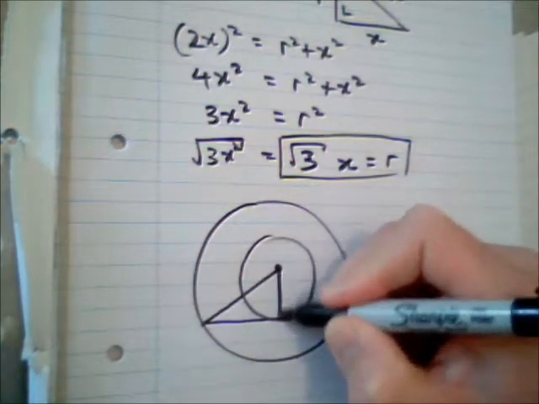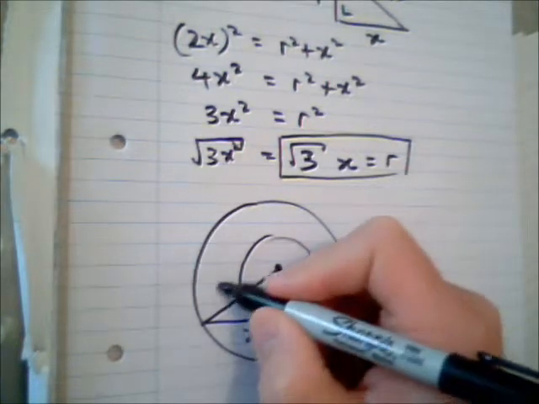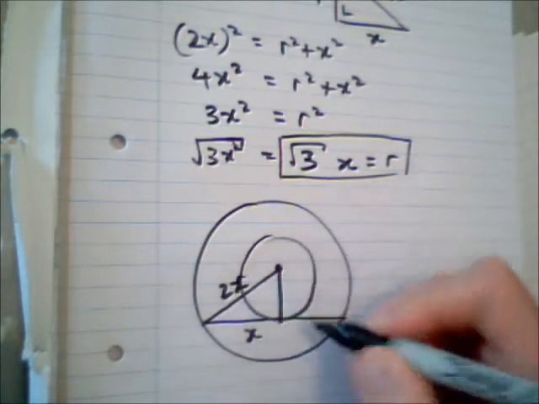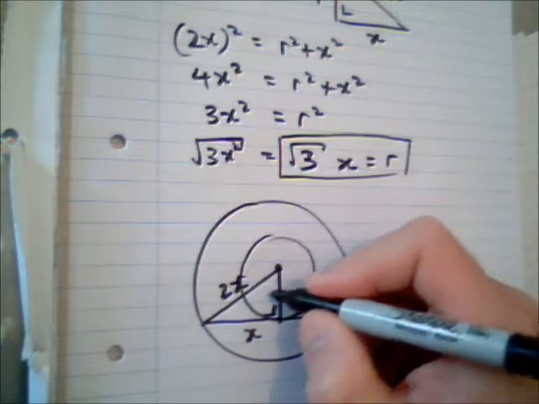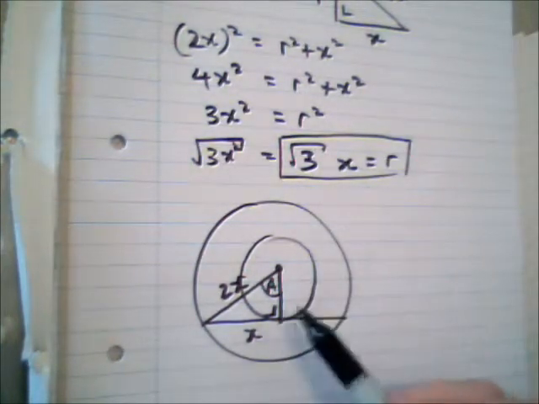Okay. So this is x, and this is 2x. We know this is a right angle. We would like to find this angle A here. Now the reason we'd like to find that angle A